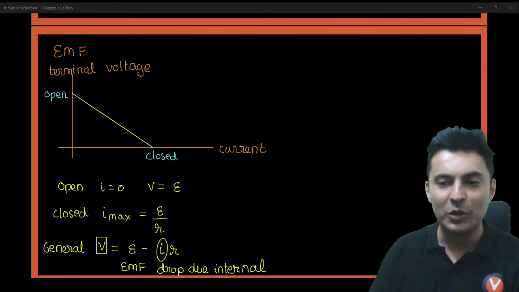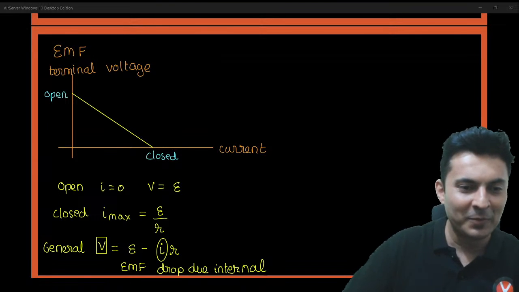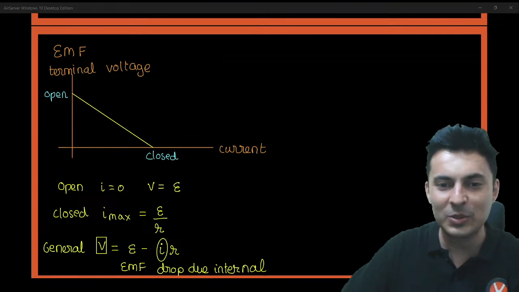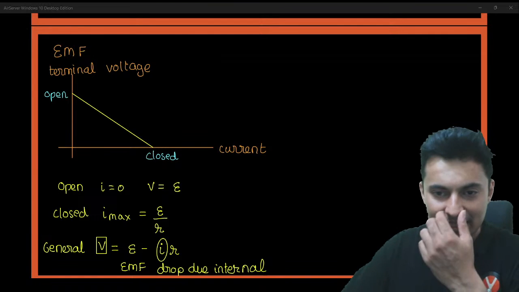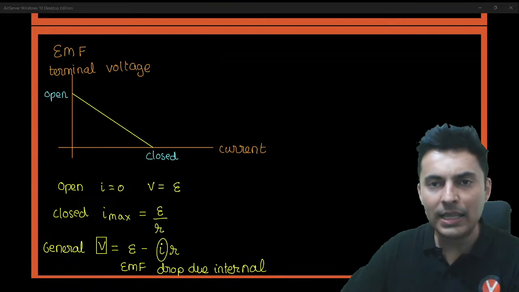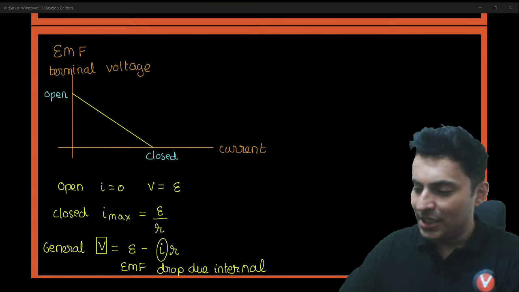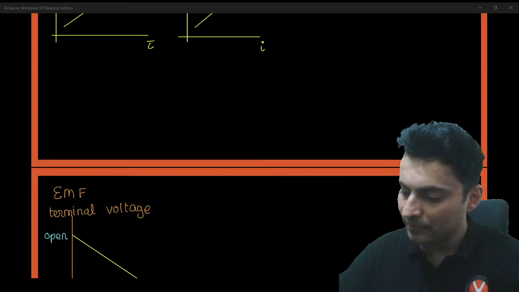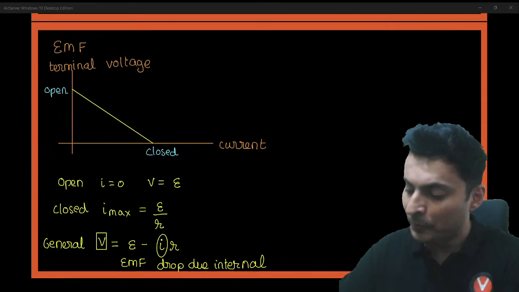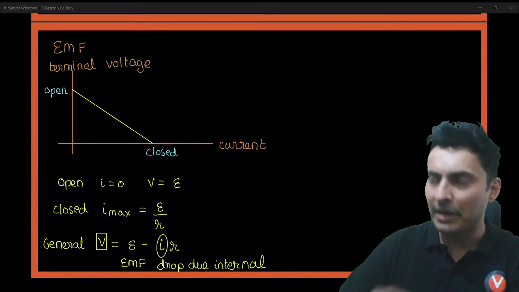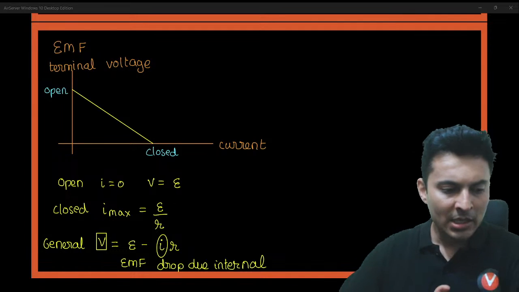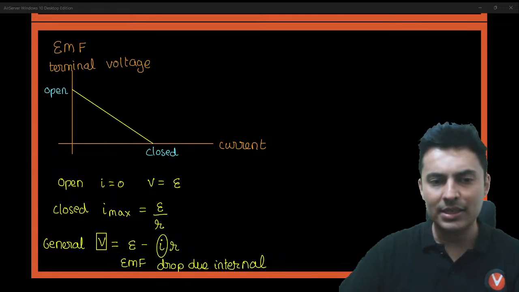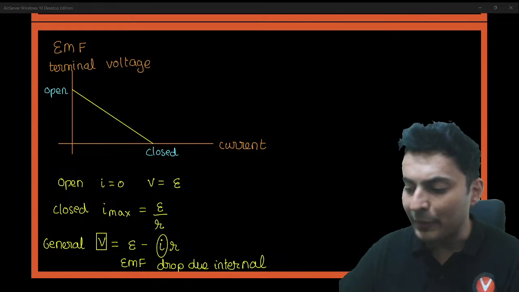A lot of people do not know about this. Trust me, many people I have seen do not know this particular graph with regards to EMF. Cool. Let's go ahead. So we're seeing EMF also. Apart from that, which other graph is there? Resistance is also done. Wheatstone does not have any graph, neither does equivalent resistance. Those things are not there.